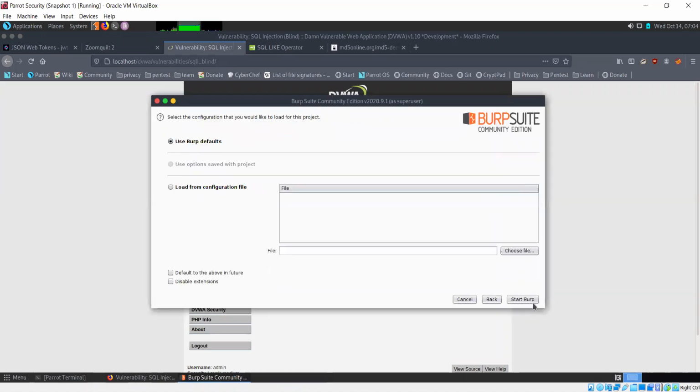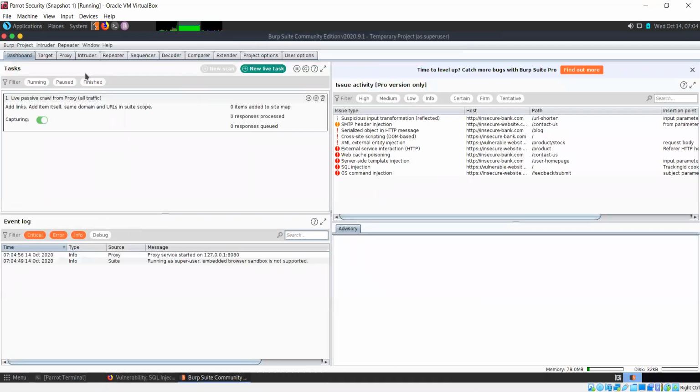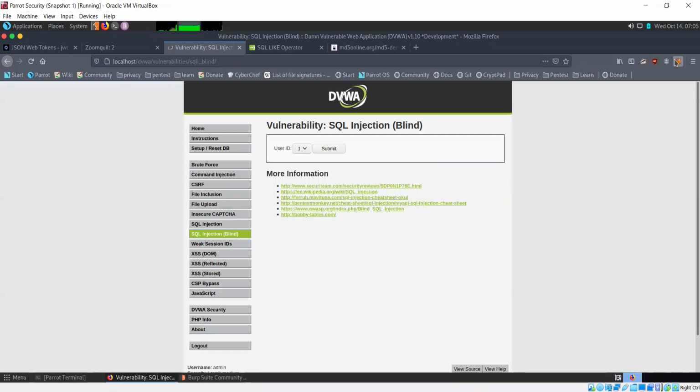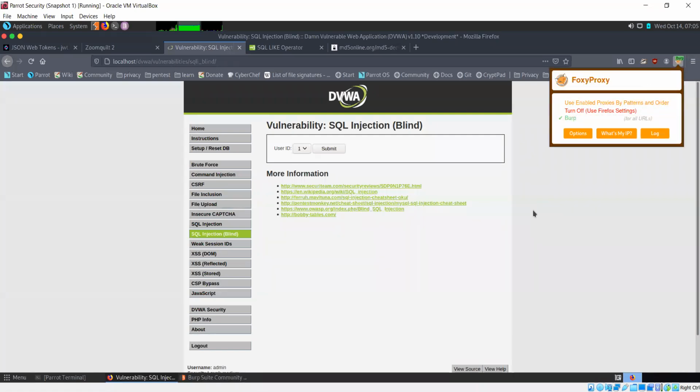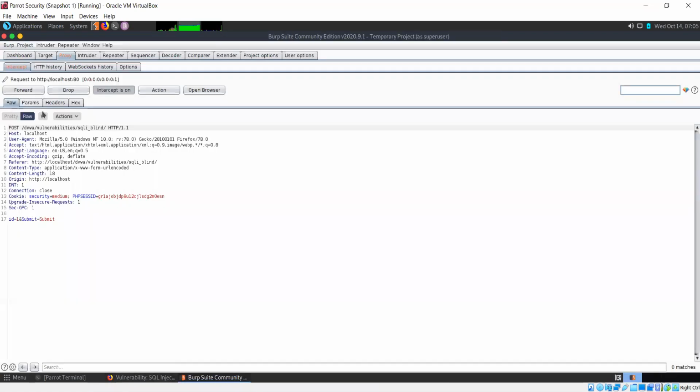Loads. Next. Then we go to proxy. Intercept is on. We tell Firefox to use Burp. Submit. So this is the ID in our request.